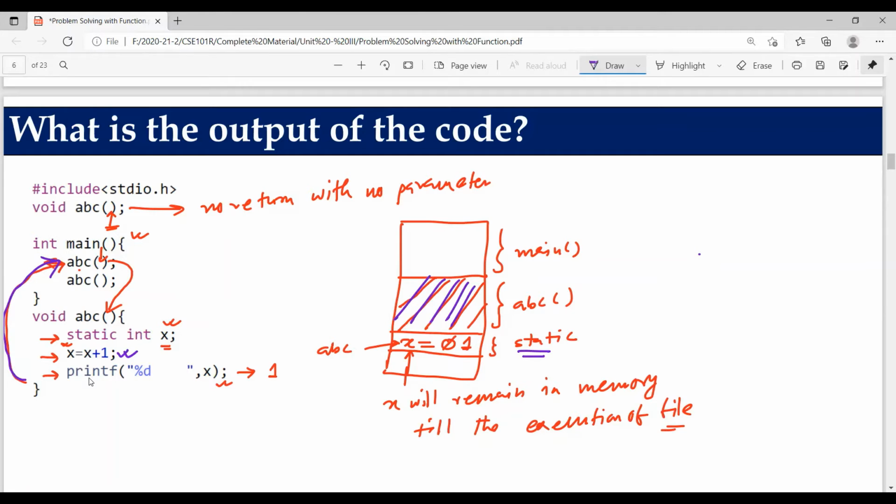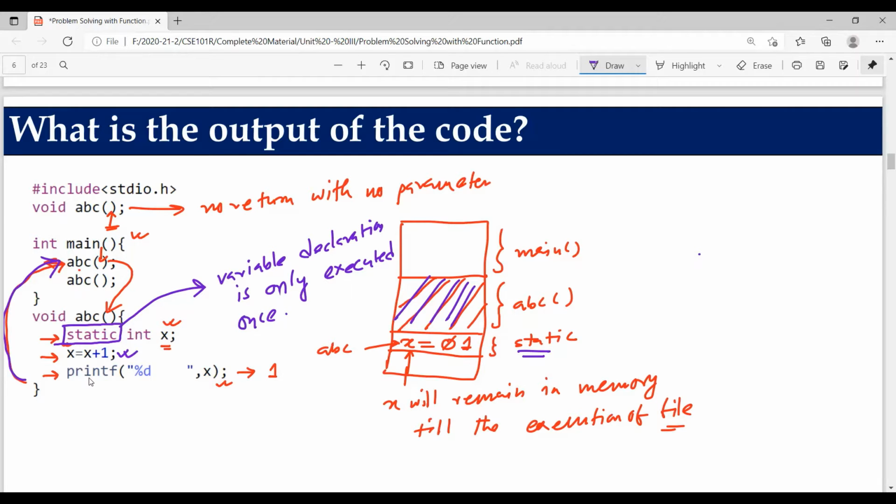Now another important point: whenever you declare a variable with the static storage class, please remember one very important point related to the static storage class. Variable declaration is only executed once.